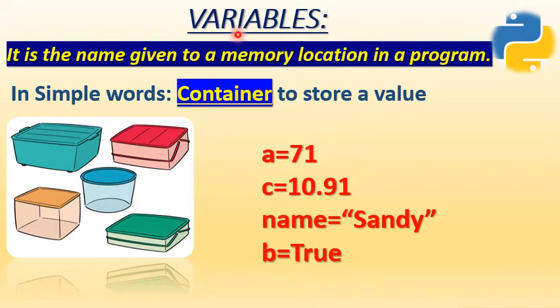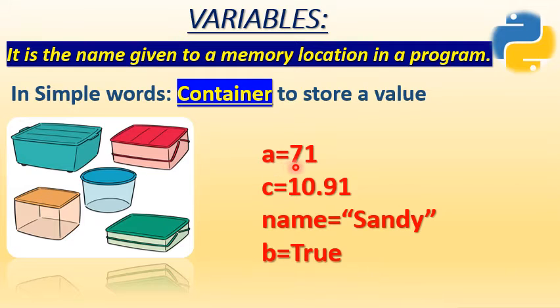Similar to that, we have variables. A variable is only storing the data. It is not doing anything else. But there are different types of variables, and it is because there are different types of data. So for different types of data, there are different types of variables, just like in a kitchen you have different sizes of containers for different kinds of materials. Let's come to some examples, after which it will be more clear for you.